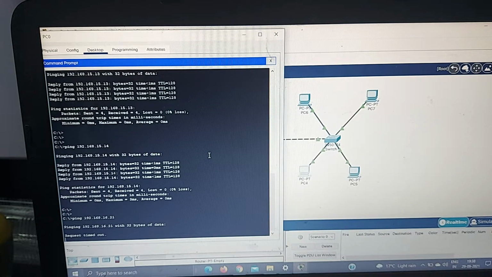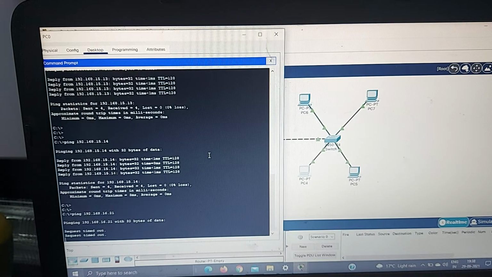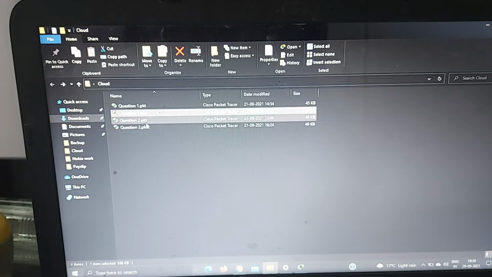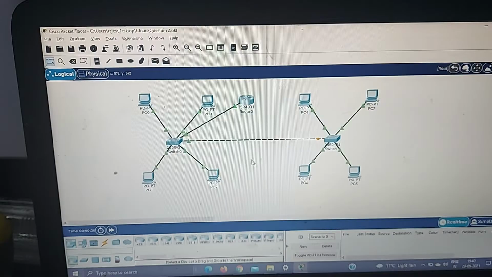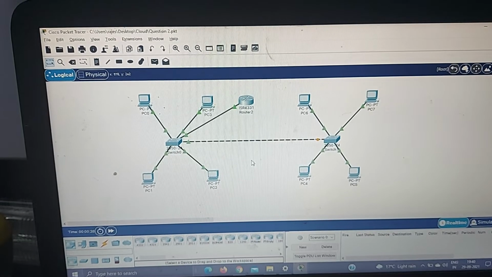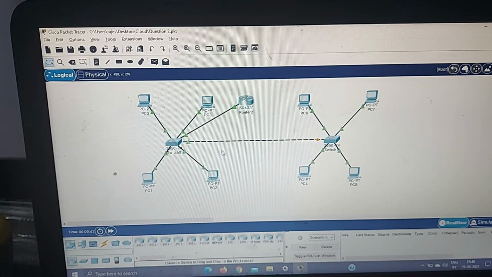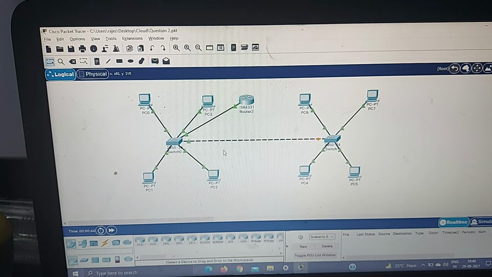So I need one piece of equipment which supports the L3 feature. In this case I am using a router to do the same, and the file is created over here. I have already saved it, so I am going to open this file. This file is open now. You can see that every interface is now going green, so the equipment has booted up and all the interfaces are up now.